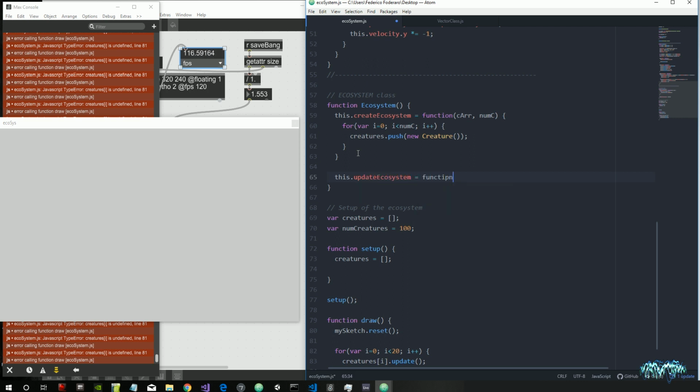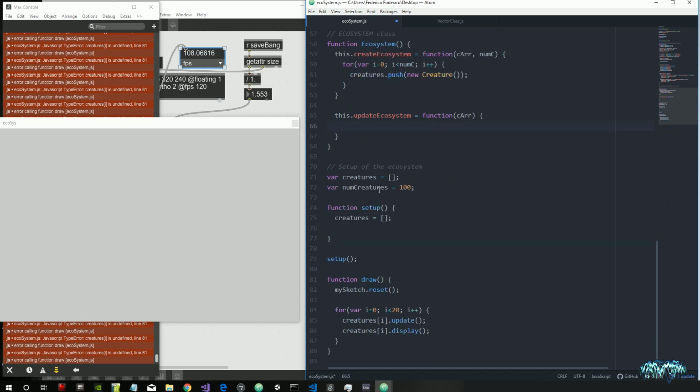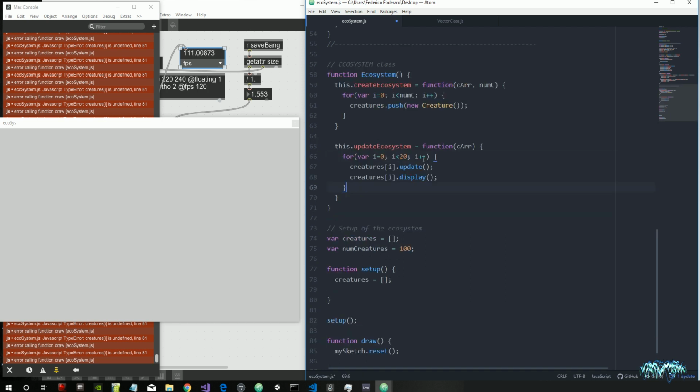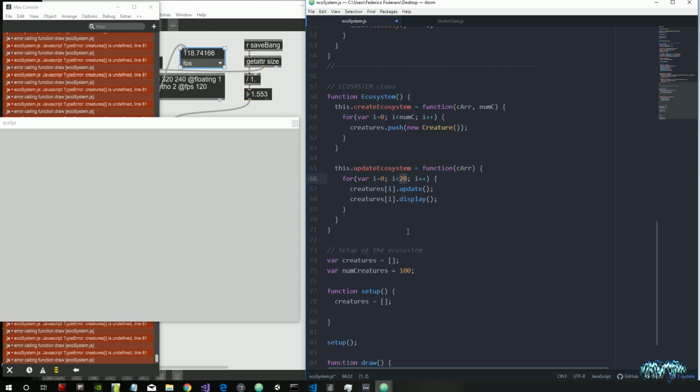Let's call it so function, with the array as an argument. So this will get our array of creatures as an argument, and let's copy this code from the update from the draw function here,